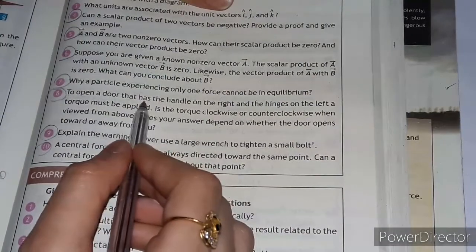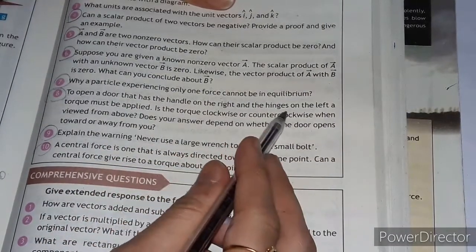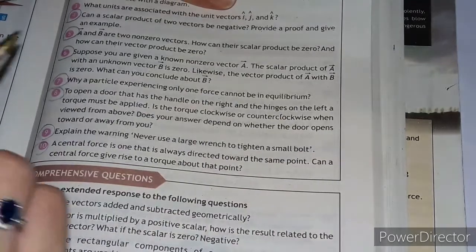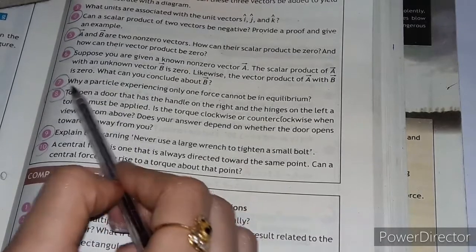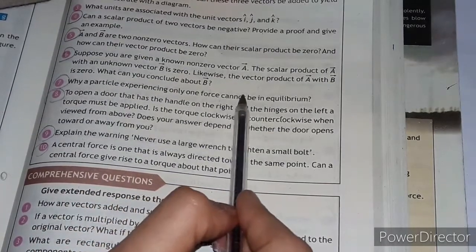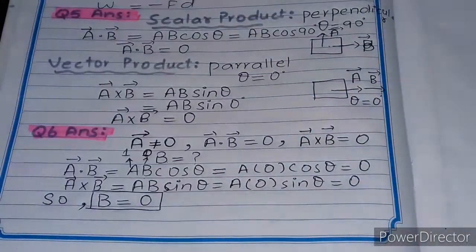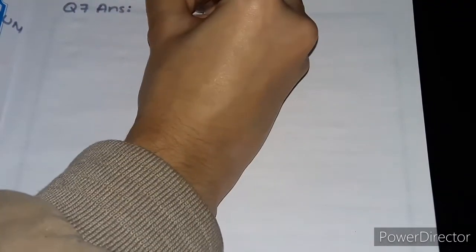Now question number 7 is, why in a particular experience only one force cannot be in equilibrium. Now question number 7. For complete equilibrium,